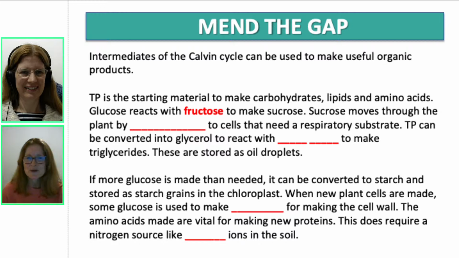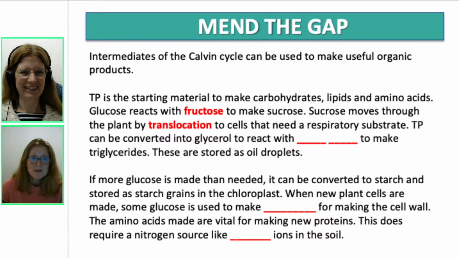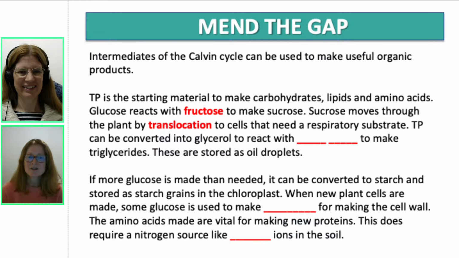Let's move on. So sucrose moves through the plant by what process? Did you get the process name? It's that sneaky one, translocation. It's the one we tend to prefer over transpiration. A lot of students think, oh, translocation, that's the one that I'm not so sure about. But just be aware that that is all about the movement of sucrose. It's that really important product from photosynthesis. What happens after? So we're moving that by translocation to cells that are going to use it as a respiratory